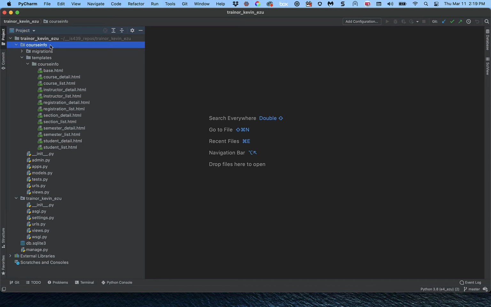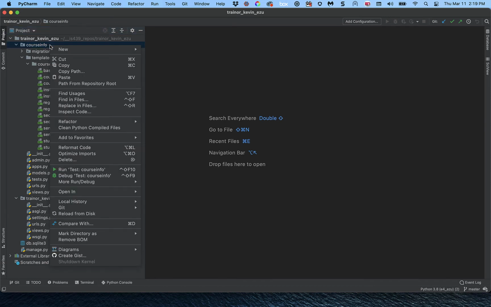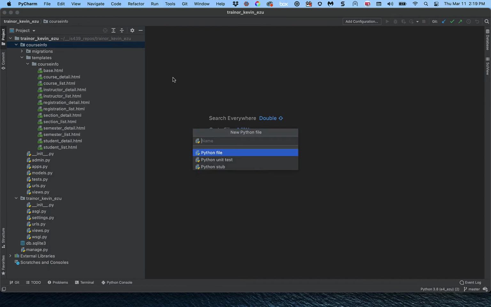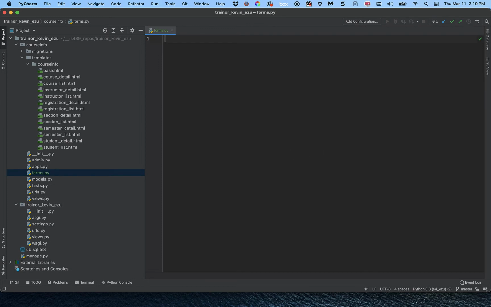We're going to highlight course info and click on new Python file, and it's just called forms. Okay, enter. So now we're editing forms.py. And the first thing I'm going to do is copy the first of these, the instructor form,